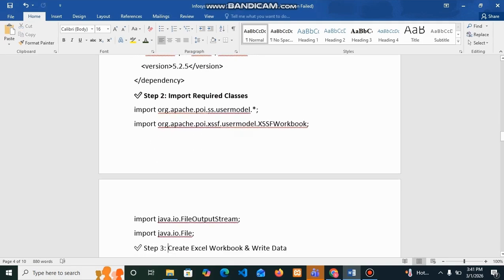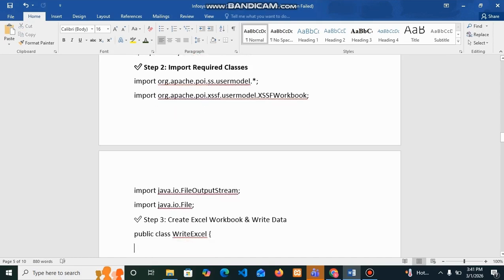So we need to import required packages and methods from Apache POI. We are importing HSSFWorkbook, usermodel, all the related methods, and FileOutputStream to write the values to the Excel file.